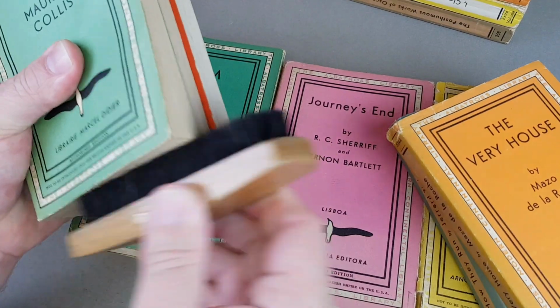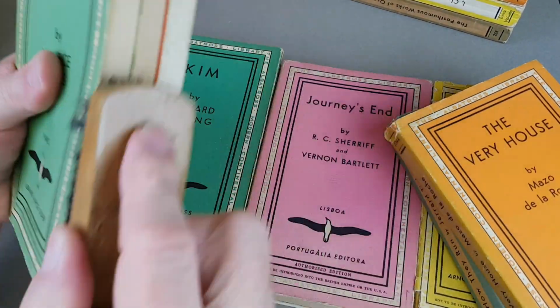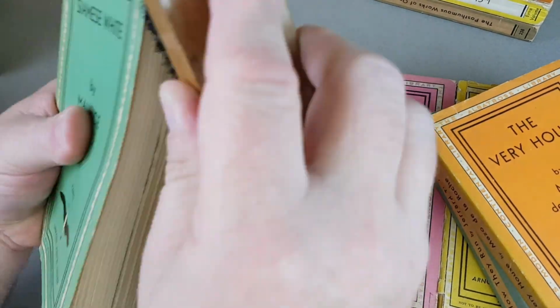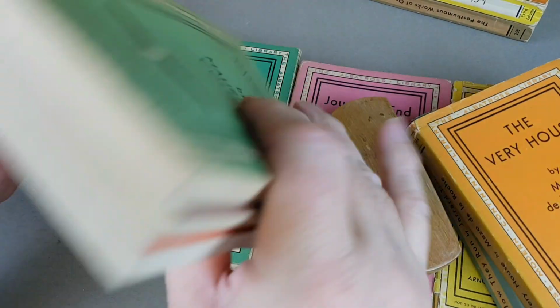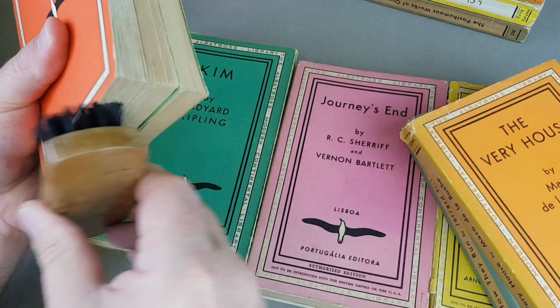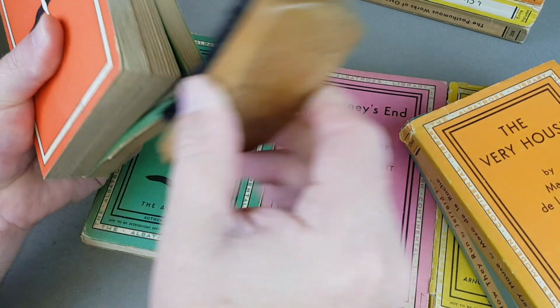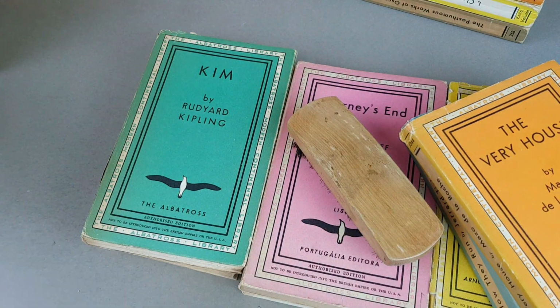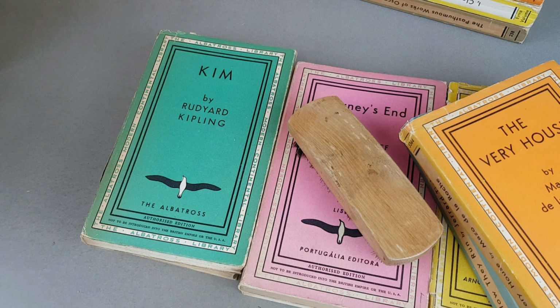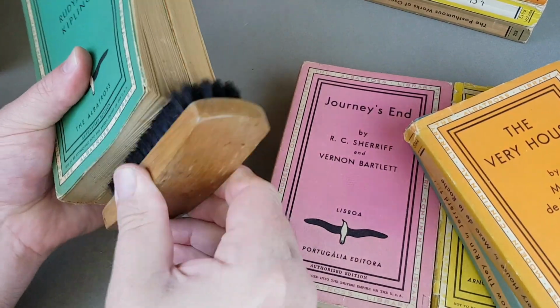So I hope you've enjoyed looking through these. Actually, I really have. I've been meaning to get them out for a while, and there was a bit of conversation about Albatross on Instagram amongst the vintage book collectors on there. And if you're not following me on that, I'm under the name Penguin Book a Day. And I thought, you know, I must get my Albatross books out, and that's what we've done. So I'm very glad, and they've definitely benefited from